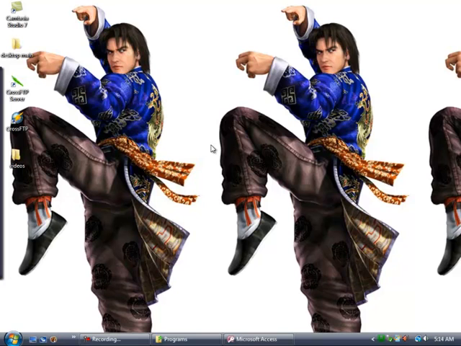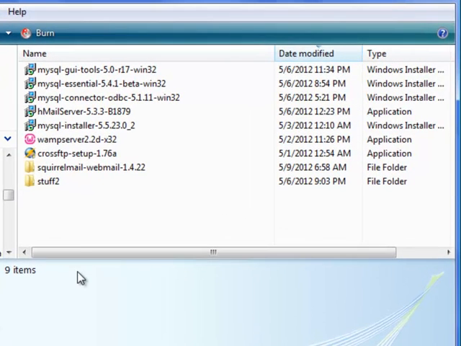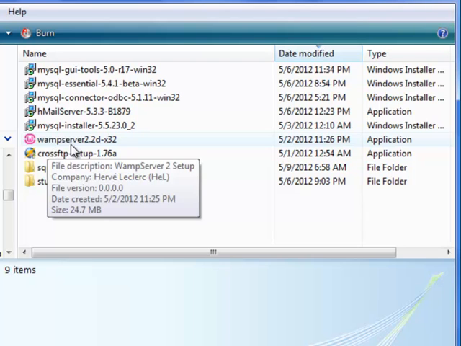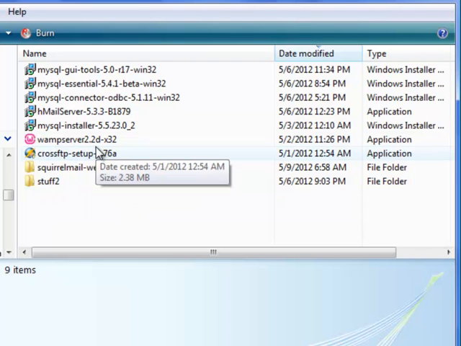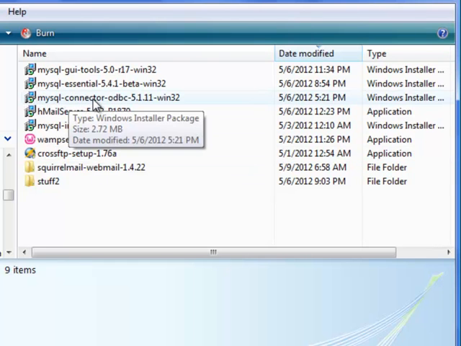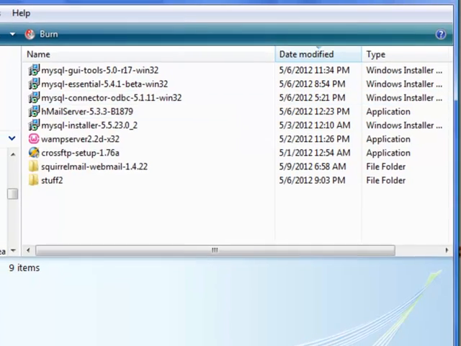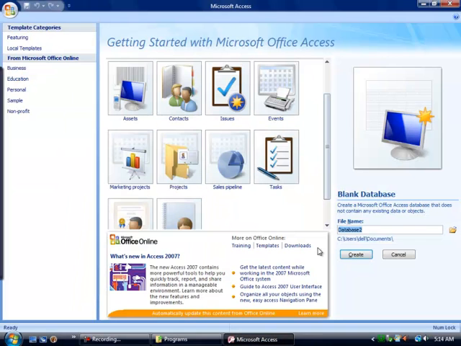Today's project is linking MySQL to Access. What we're using is WAMP server, one of the tools you'll be needing for this project. As you can see, I have downloaded WAMP server version 2.2, and what you're going to need is the MySQL connector ODBC. This is the link that we need between Microsoft Access 2007 and MySQL